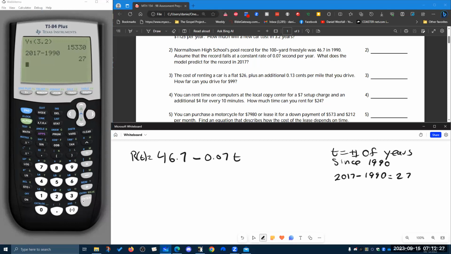So we want to find what the record is going to be now in 2017. So we're going to put in 46.7 minus 0.07 times 27 is